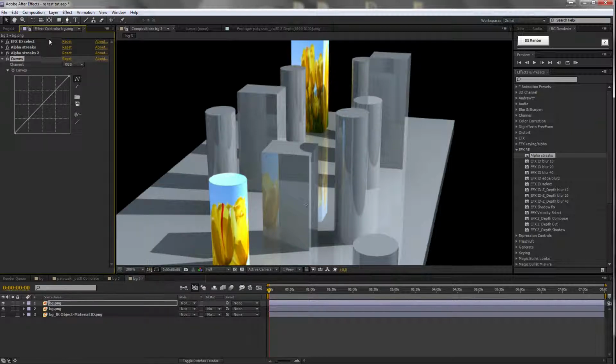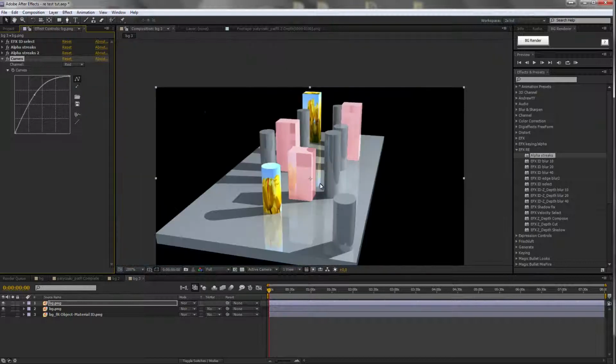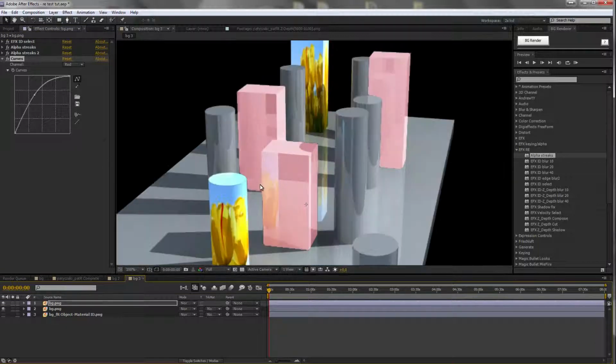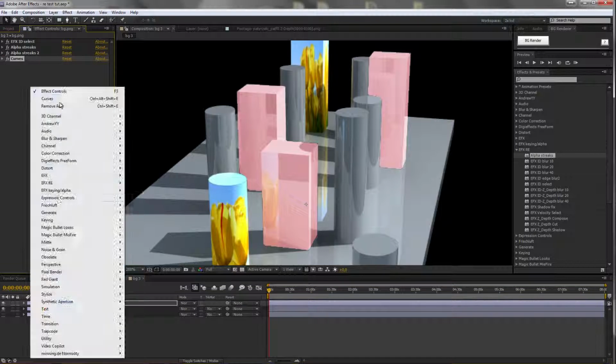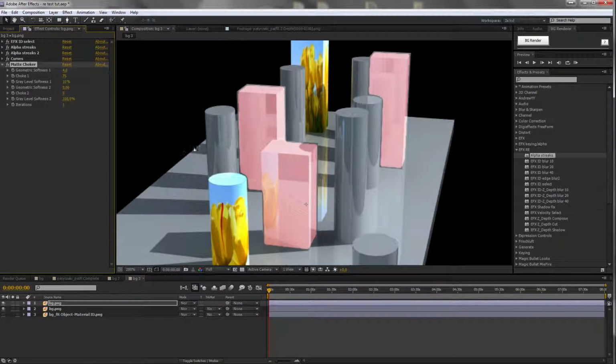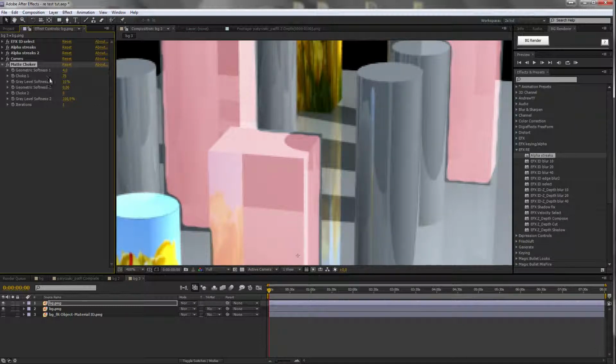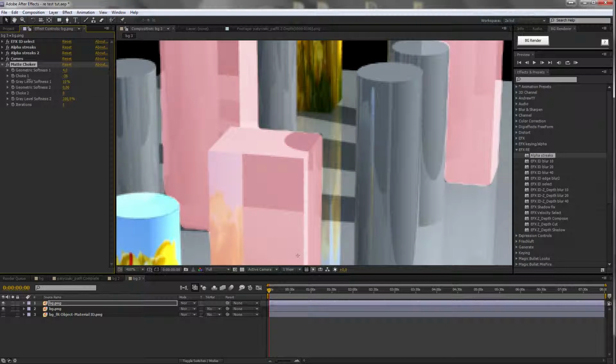Let's do curves. Let's brighten them up. Do a little red. And there. As simple as this. You can always add some blurring to the alpha channel, like for example with matte choker. As you can see, you can choke with a negative value so that it expands a little bit,